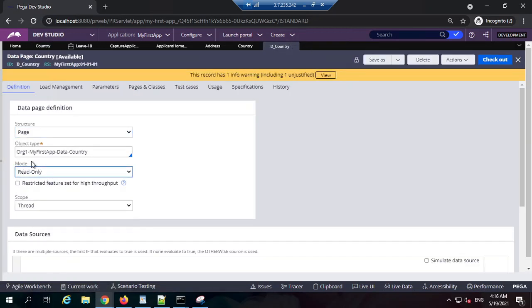Mode: read only. So what does this read only mean? There are read only, editable and savable. Read only means this data page is used to get data from the database and then used as reference data. By reference data I mean you can use it on the UI for display purposes.